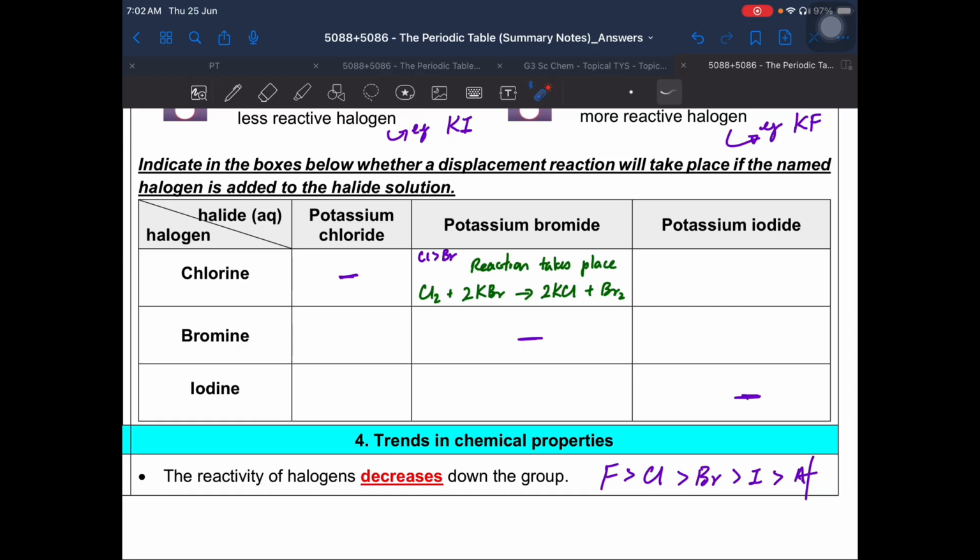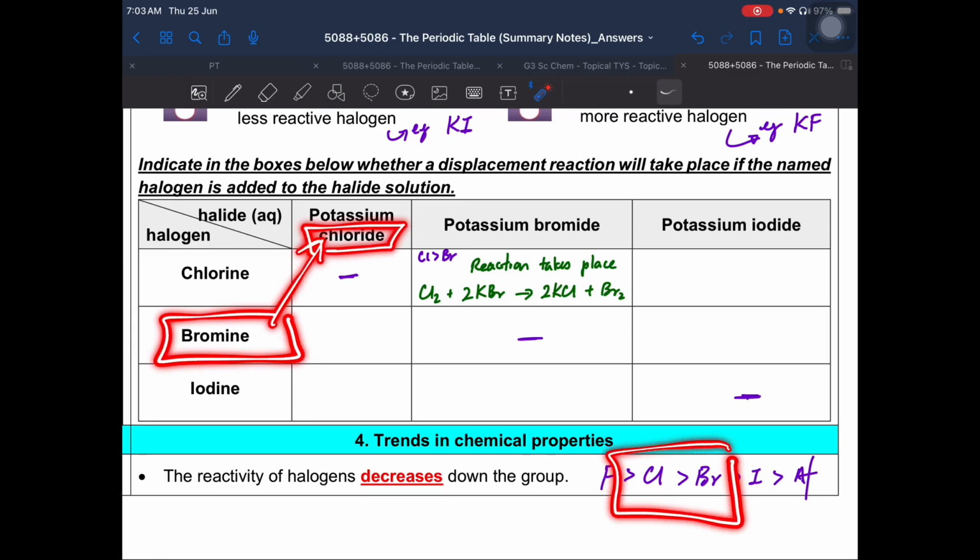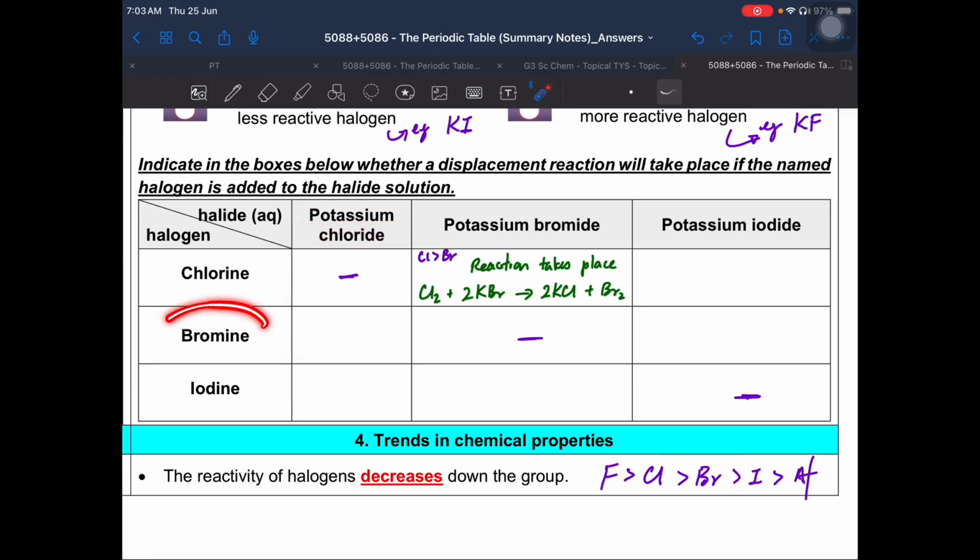If you have to take a look at, you may want to pause the video first to copy down this part before I go on to the next box when I'm explaining so that you can focus, right? If you look at bromine versus potassium chloride, so you're comparing bromine and chlorine. And if you look at this part, is bromine more or less reactive than chlorine? Must you know that this is the lonely challenger that's coming to the couple of the compound. And you realize that bromine is less reactive than chlorine. And what it means over here is that there is no reaction